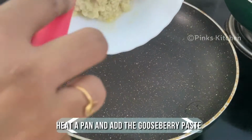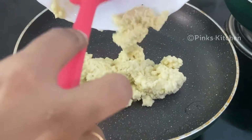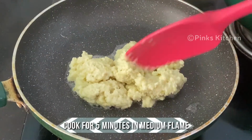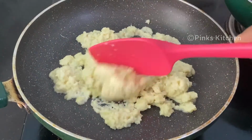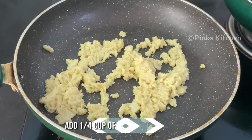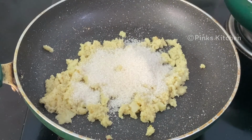Heat a pan and add the gooseberry paste to it. Mix it well. Cook for 5 minutes in medium flame. After 5 minutes, the raw flavor of the gooseberry has gone, so go ahead and add 1/4 cup of sugar